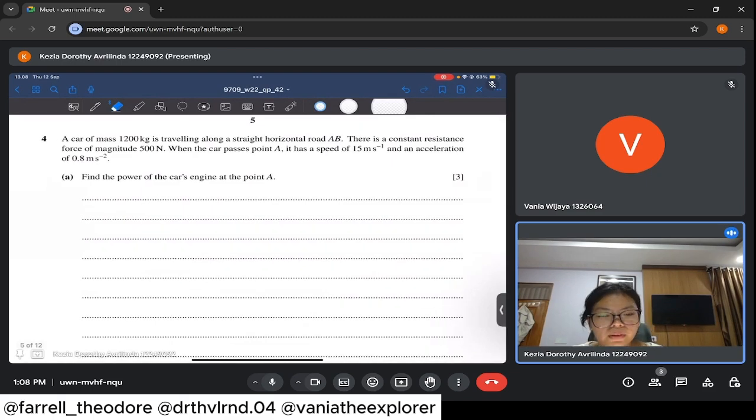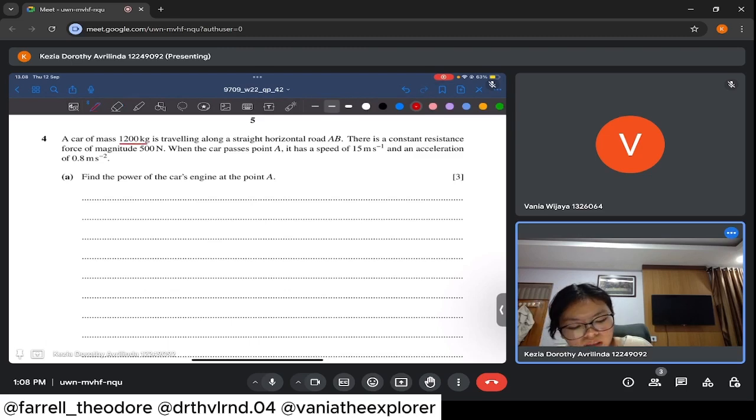So now we're going to go over question number 4. A car of mass 1,200 kg is traveling along a straight horizontal road AB. There is a constant resistance force of magnitude 500 Newton. When the car passes point A, it has a speed of 15 meters per second and an acceleration of 0.8 meters per second squared. Okay, first let's underline all the numerical values, the mass of the car,